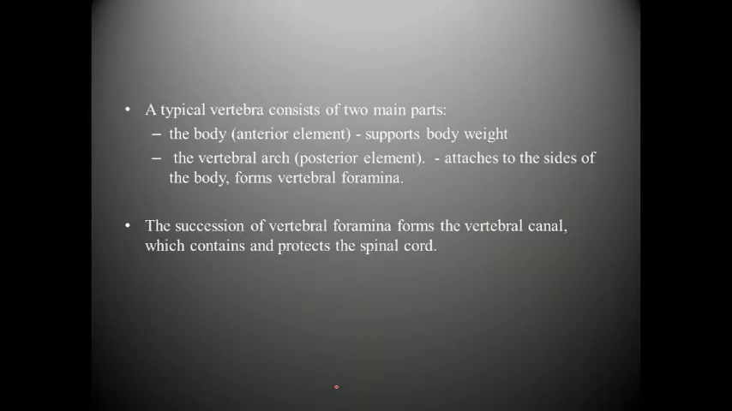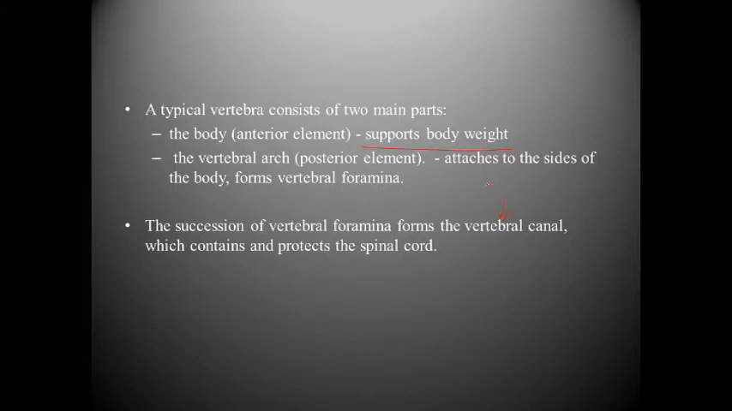A typical vertebrae consists of 2 main parts. We have the body, which is the anterior element or the anterior portion, and this is in charge of supporting the weight of the body. And so this is why any abnormalities to the vertebral body can cause serious damage to other parts of the vertebrae as well. The vertebral arch, posterior element, attaches to the sides of the body and forms the vertebral foramen or foramina. And the succession of vertebral foramina forms the vertebral canal, which contains and protects the spinal